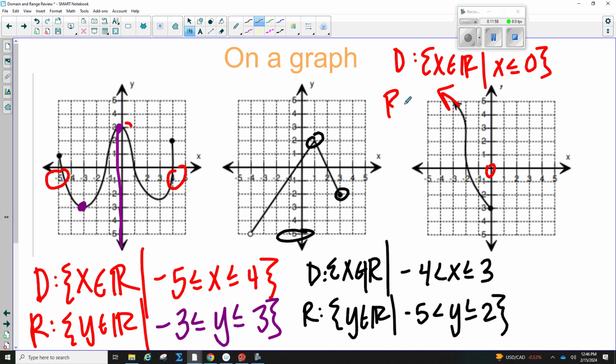All right. And then your range, the y's, this is the last one. Range starts where? Starts at -3 and goes forever up. There's an arrow. So y is actually greater than or equal to -3 on that one. That was kind of a tricky one. There's a couple tricksters on this worksheet. All right. But we'll get through